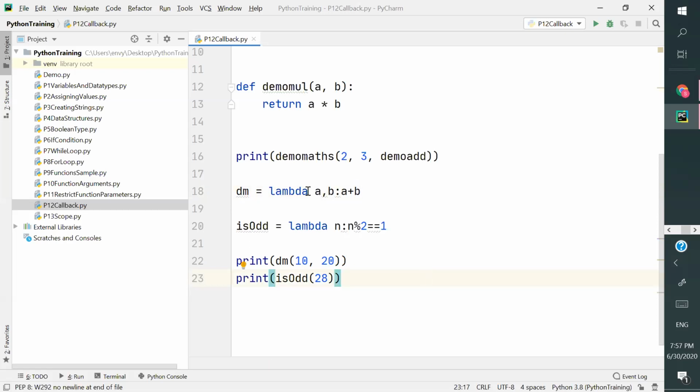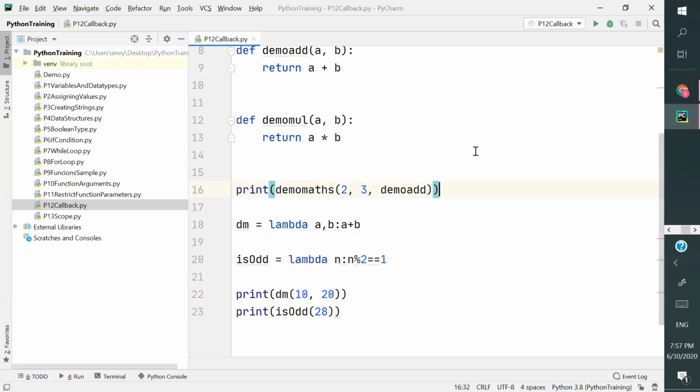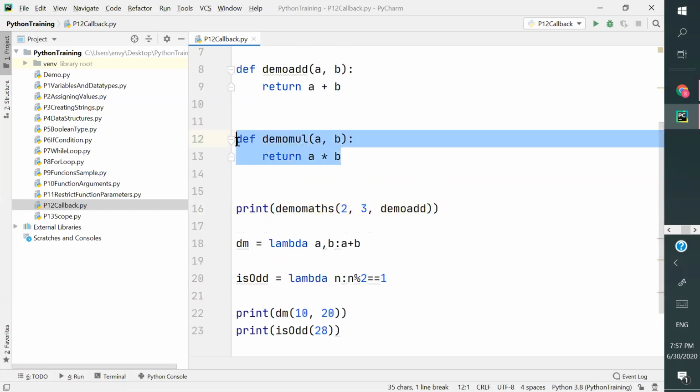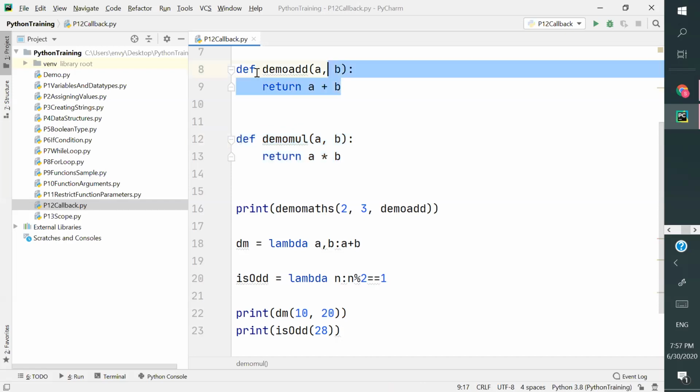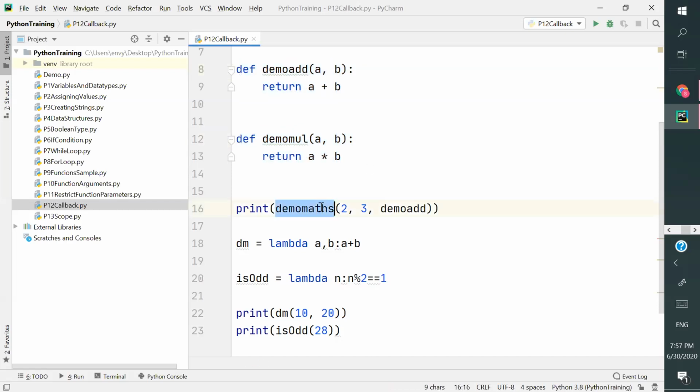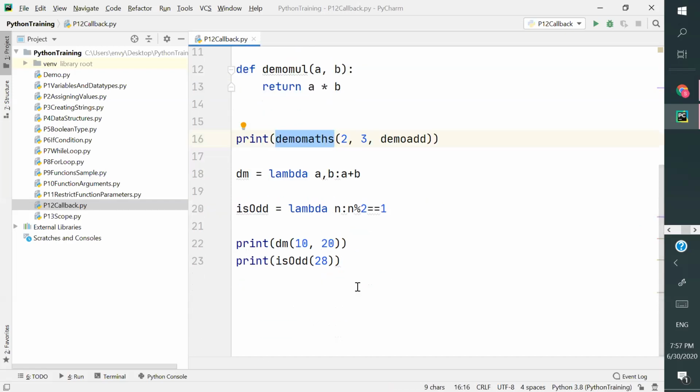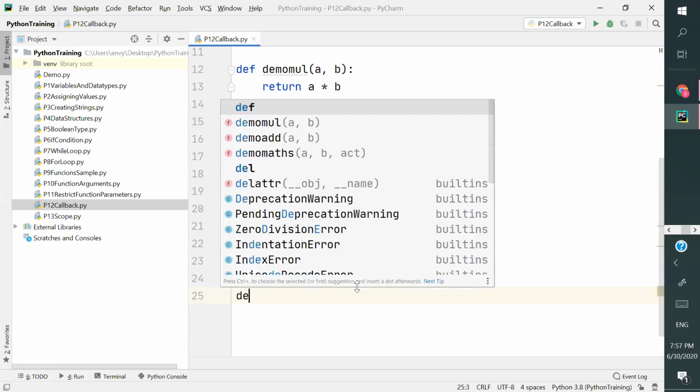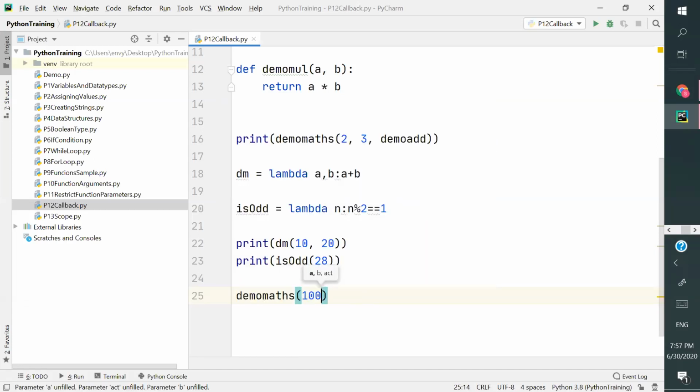So how do we pass this function to a variable or another function? Here I created a function and then passed it to demo maths. Can I do that by using lambda? Yes, we can. So how are we going to do it? I'm calling this function demo maths. I'll specify 100 comma 200.